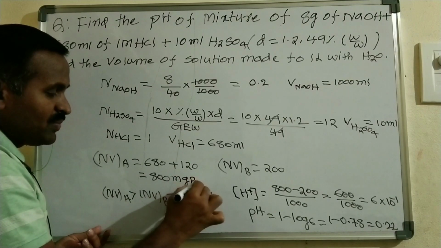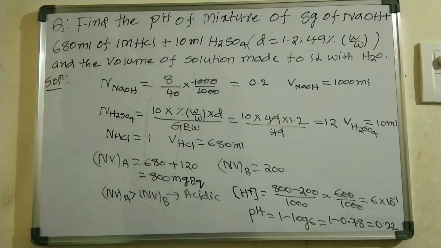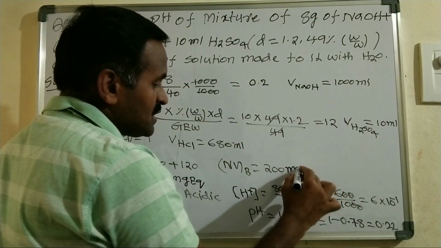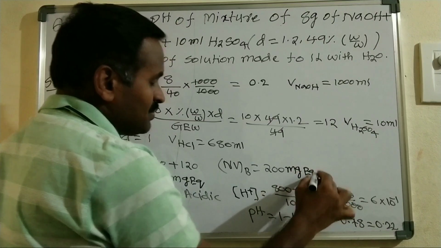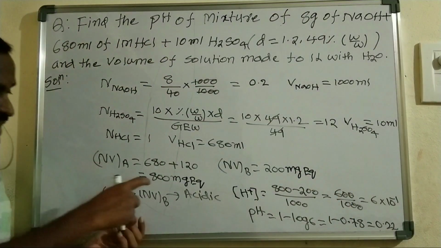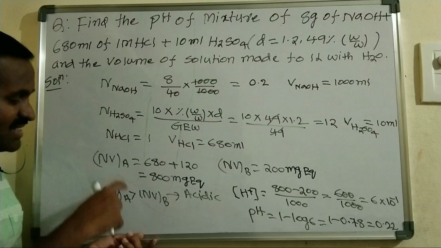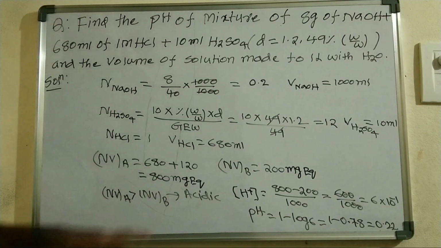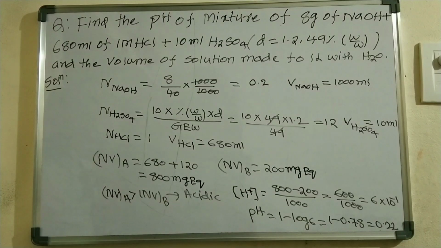milliequivalents. Whereas in the case of the NV product of base, 0.2 into 1000, you will get 200 milliequivalents, right? And here we have 800 and this one is 200, so the acid is dominating. The NV product of acid is more than the NV product of base, so the resulting solution is definitely